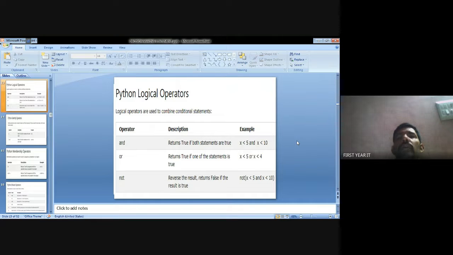Suppose I put x value as 5. 5 greater than 5, the condition is false. Or the next condition, 5 less than 10, the condition is true. So if any one condition is true, the or condition is true. The not operator means not equal to true. Whenever it is utilized, not true means the condition is false.